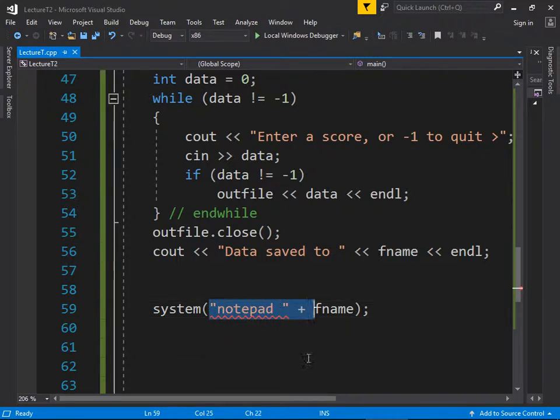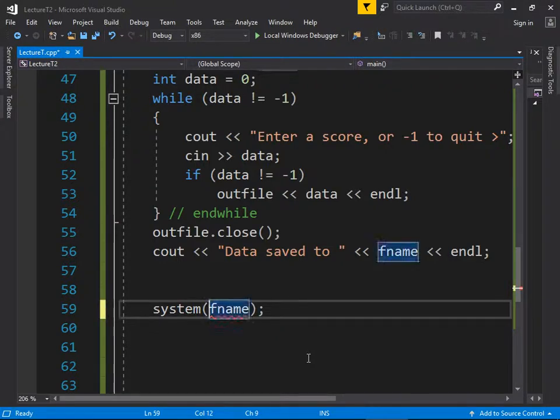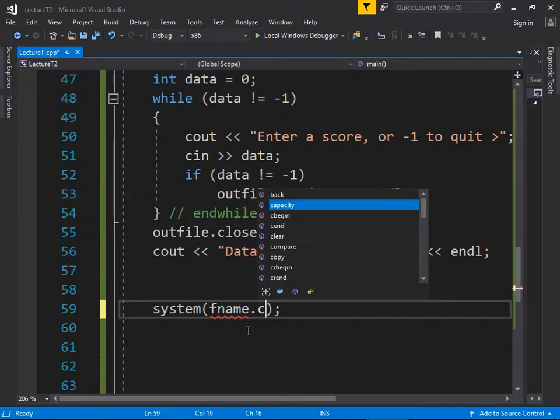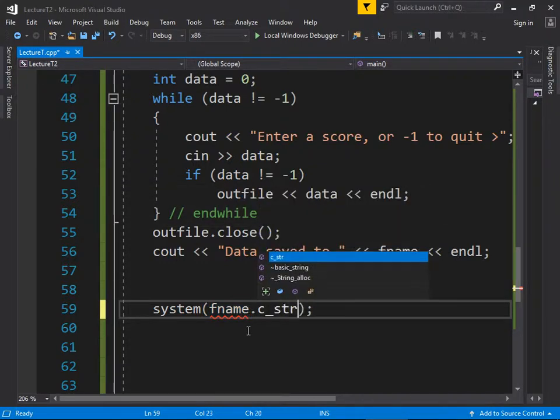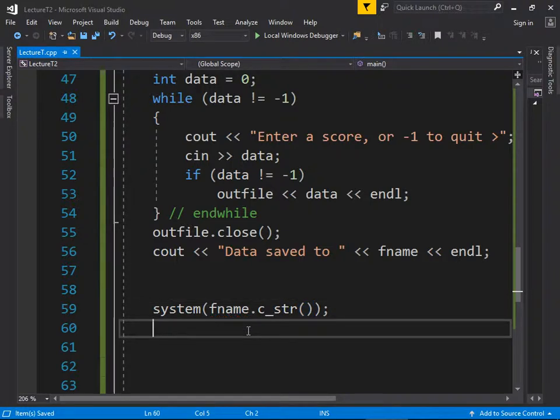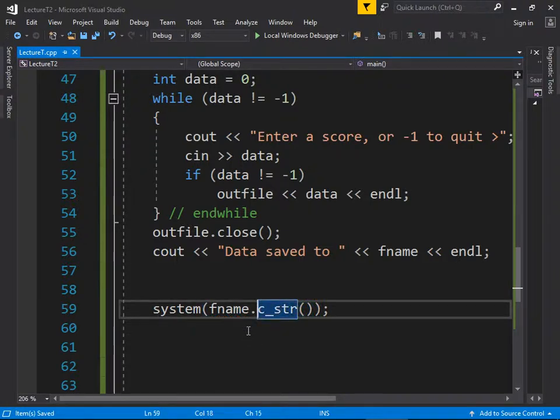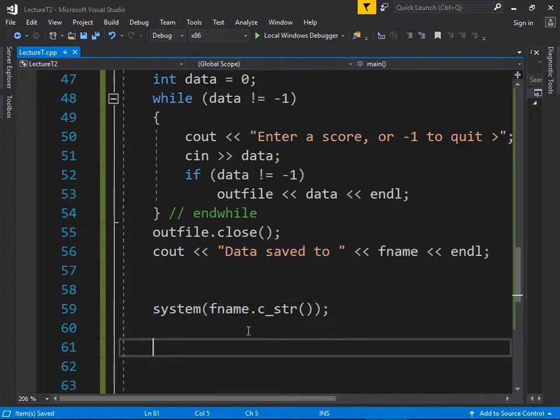Last effort: just system parentheses fname. Because it's a string, it doesn't like that. So let's get the character version out: fname dot c_str parentheses. Now we could do the other part if we wanted to. We could probably add the notepad thing back, but